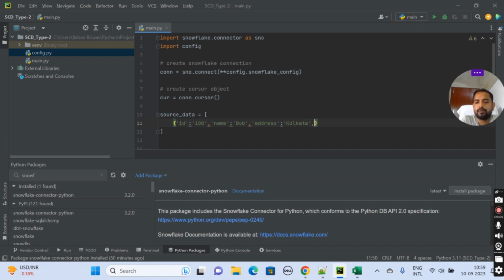Next you can give a start date for the data. Let's put the start date as 1st Jan 2022. I think we are good. Now we can copy this record or dictionary and modify it a little bit for the next one.